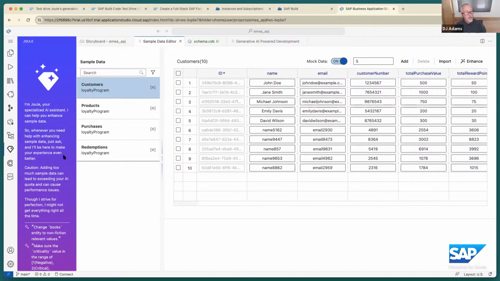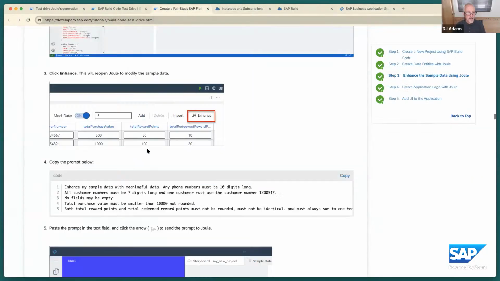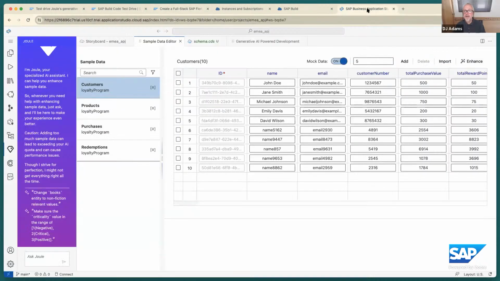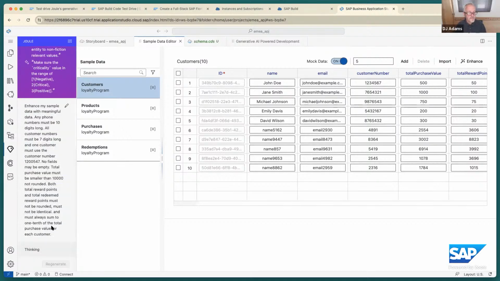So enhance, that will open Joule again, and we can then say, copy, enhance my data. DJ has no imagination, so he's going to copy paste this. And here is where we can even tell Joule to reconstrain, I've just made that word up, the data. So let's do that. And it's thinking again, anthropomorphism for the win. And what this will do is come up with some more CSV data.